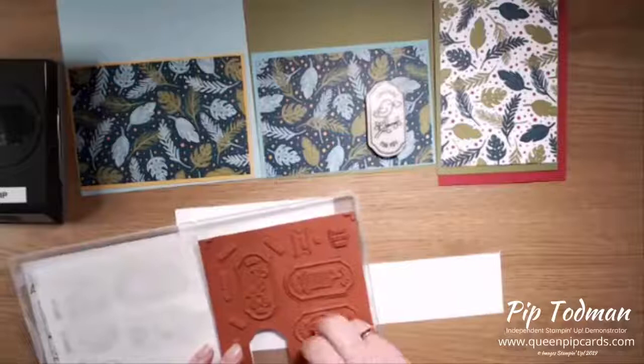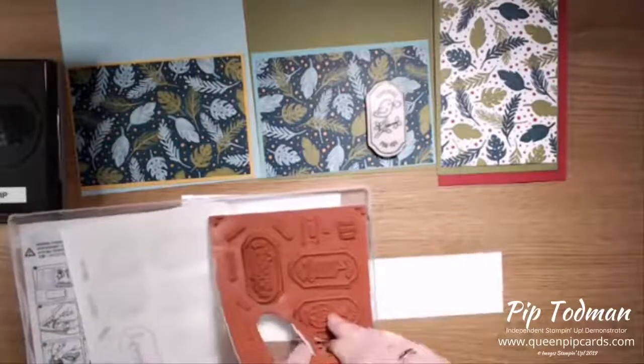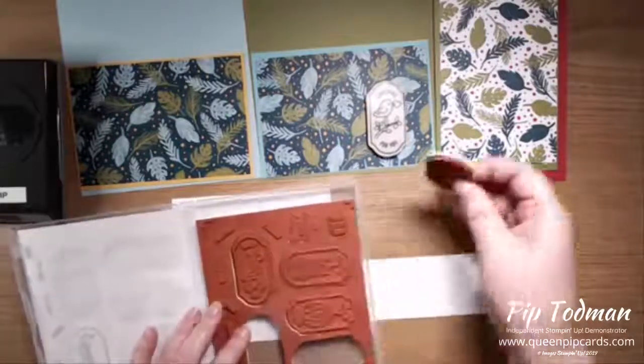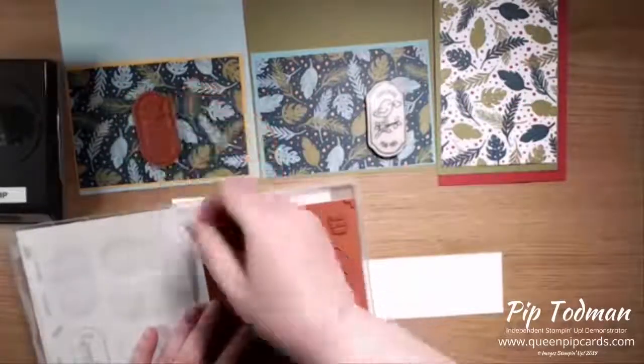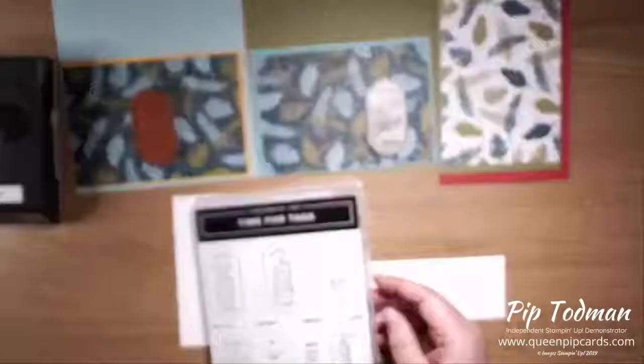But I also think the pineapple would work. Oops, she says, pulling it out because it's stuck, because it's so clingy. So I think the pineapple would work as well, maybe on that one. And then, do we want to do